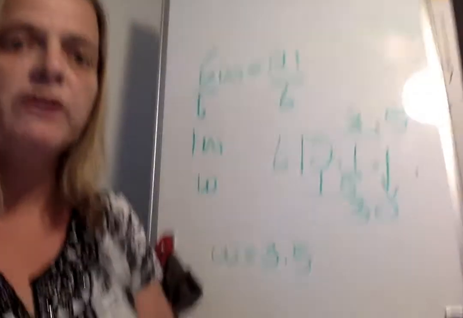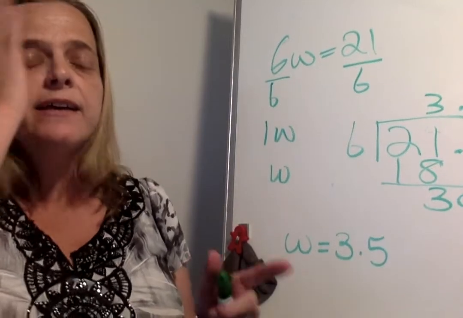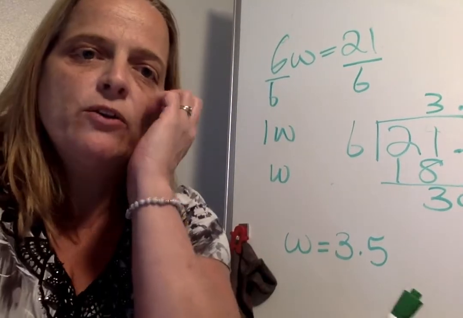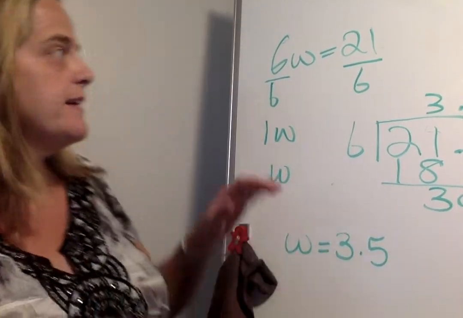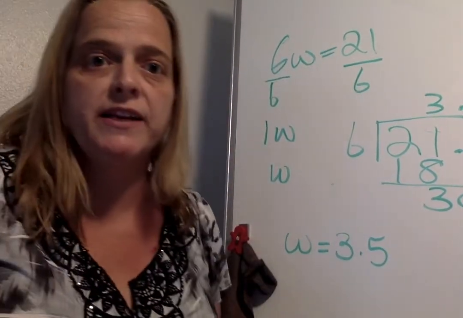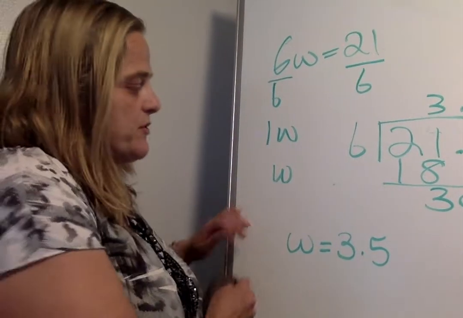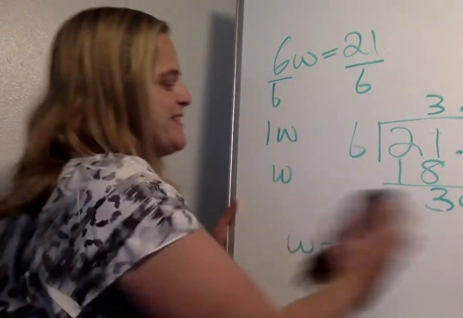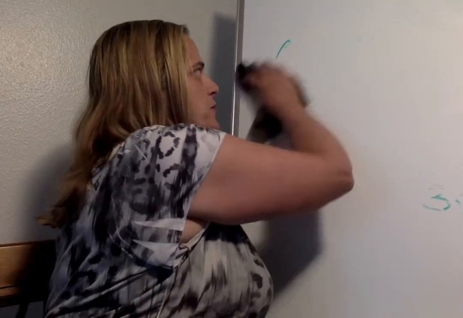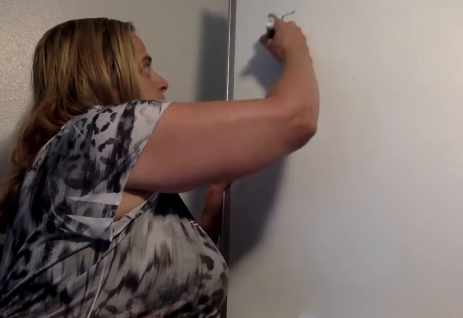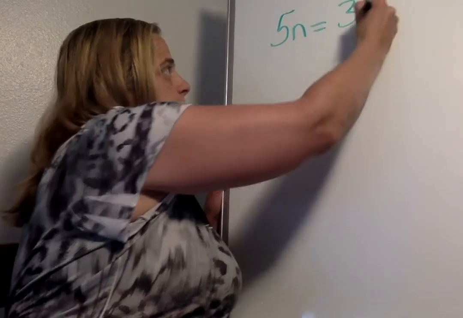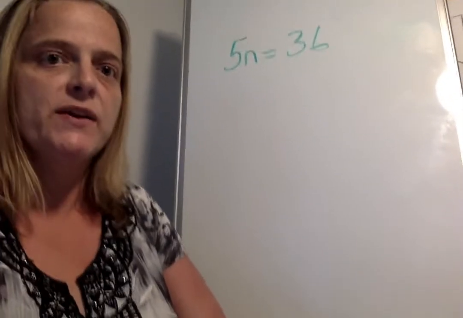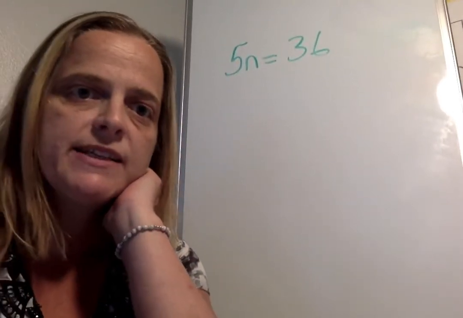So what we've been doing until this point is pretty much our numbers have been whole numbers, so it's been 36 as opposed to 21 over here. So you're not dealing with decimals or fractions, but now you're dealing with decimals and fractions when you balance the equation. Next one, let's have a look at it. 5n equals 36, okay? So again, we can see right away that that's going to leave us with a decimal